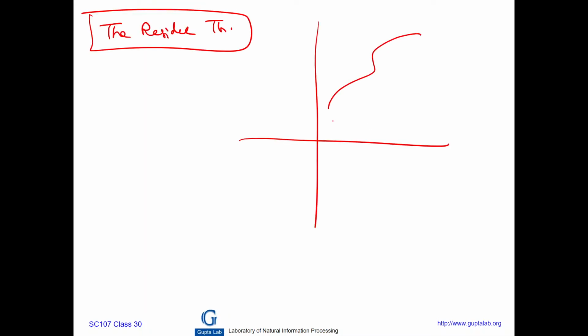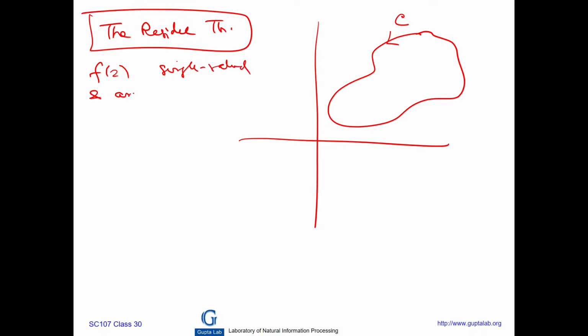Residue theorem, it's a pretty interesting thing. So suppose we have f of z, a single valued and analytic function inside and on a simple closed curve C